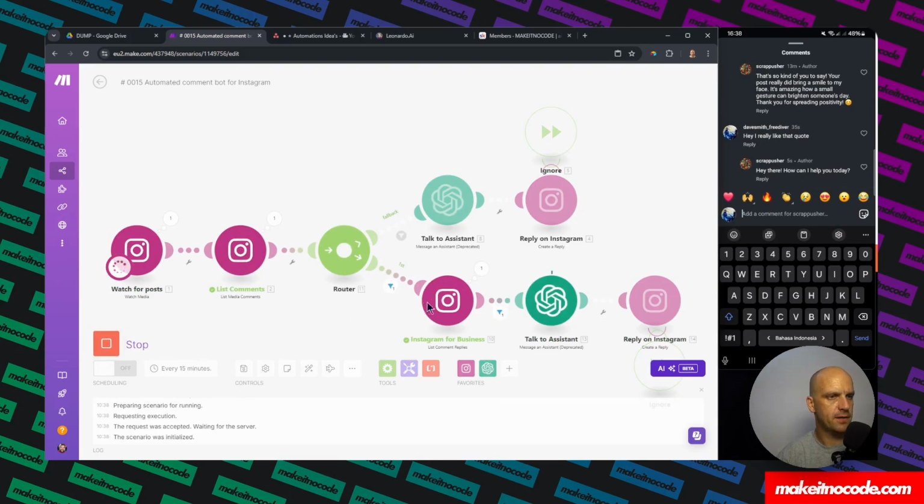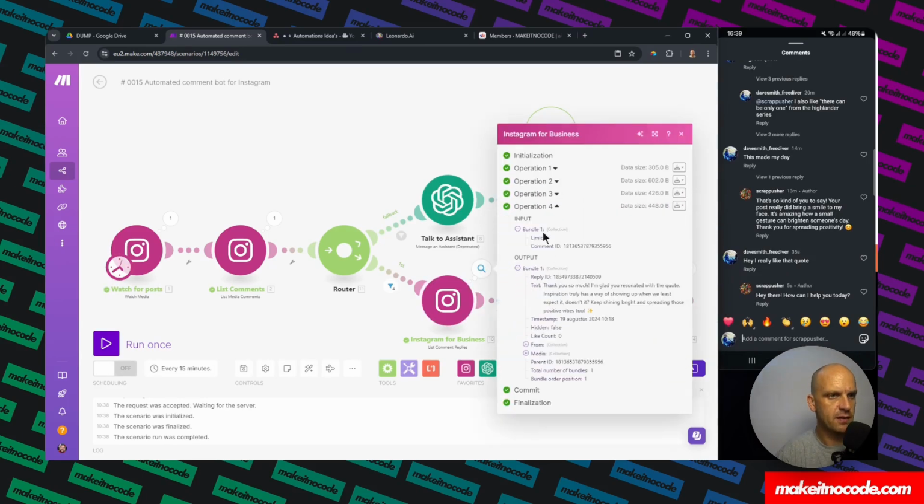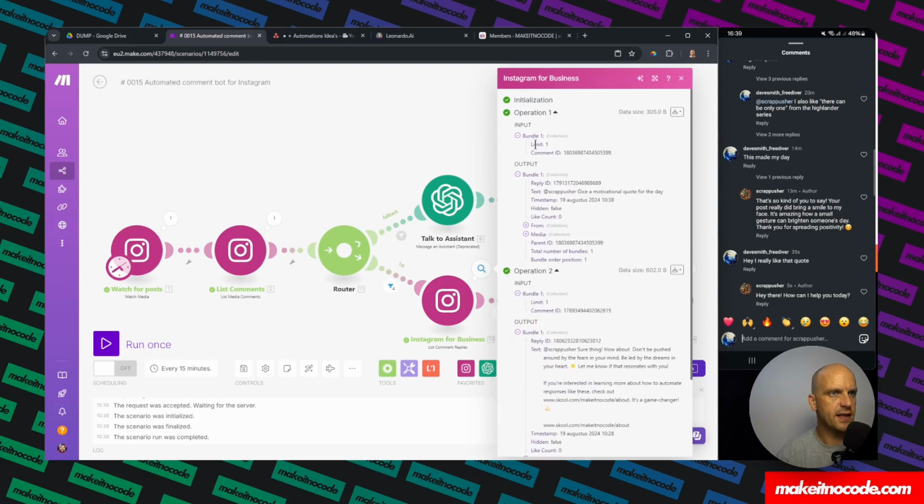There we are. You can see that it's returning something, so it's going to reply to the first comment. But the great thing about this is it's filtering, and it's not replying to every comment. So you can see here that it's brought back 4 comments, 4 replies,